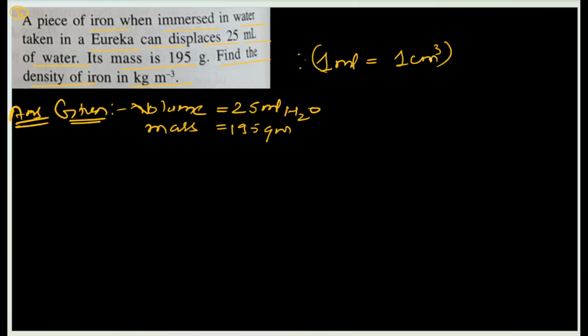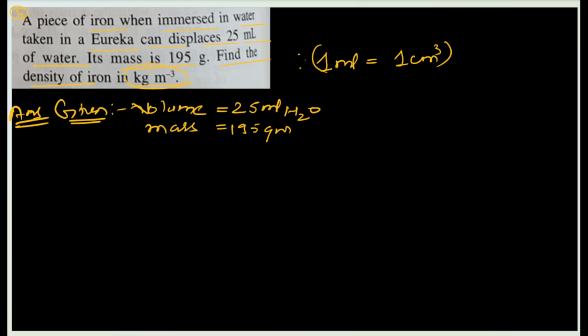Okay, this is the meaning of that. So come back to the question again. So this one is your what? Mass of iron, which is 195 gram. So we need to convert it into kg. Okay, how are we going to convert that into kg? Because in this question they have clearly mentioned that you need to find the density of iron